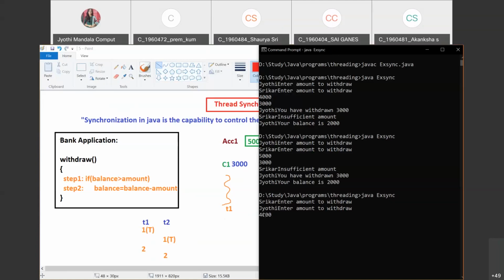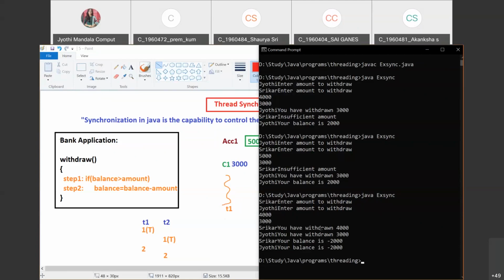But see, whatever we are talking about has occurred here. The balance is showing negative, which is not at all acceptable, and it is an inconsistency in the data. We should not get our balance as 2,000 minus, and it should not allow both customers, 4,000 and 3,000, to get the withdraw option to be active.